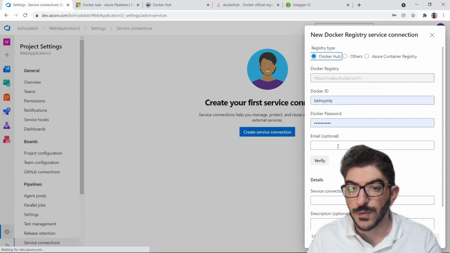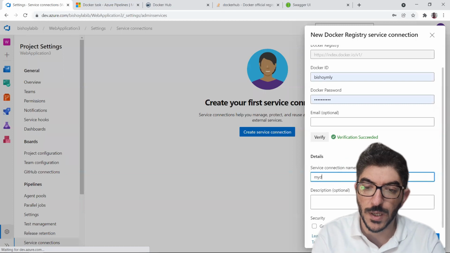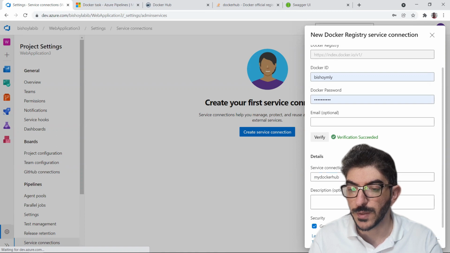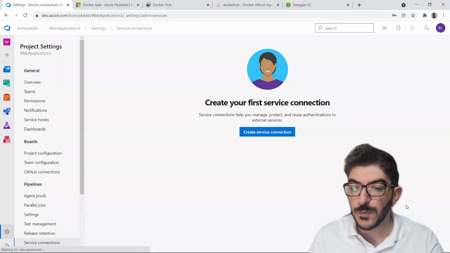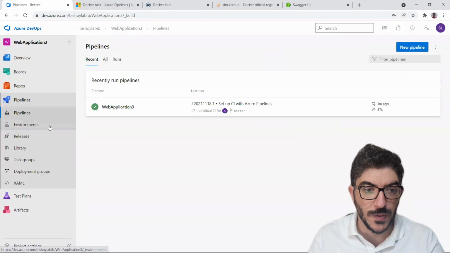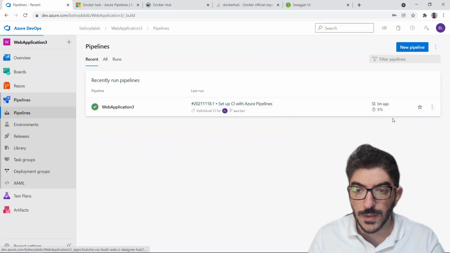I put here, I saved already my username and password for Docker. I click verify, it succeeds, and I'll give it a name, my Docker Hub. And we'll grant access permission to all pipelines. Then let's get back to our pipeline. I'll edit this pipeline,